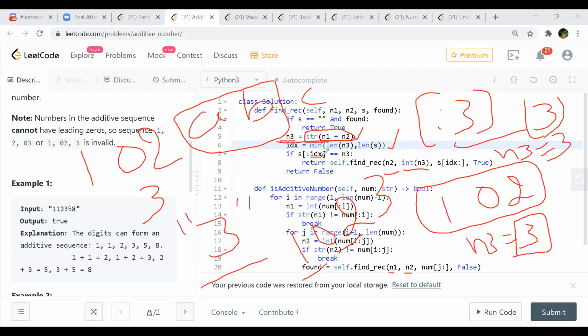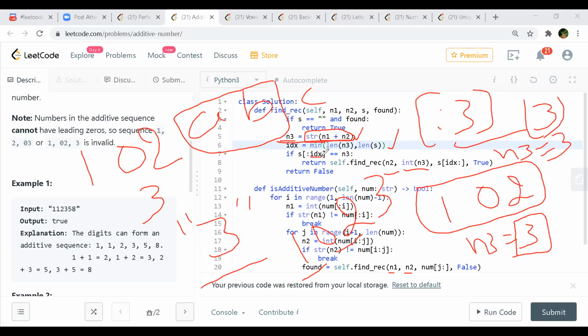So IDX would be what? 1, right? IDX will be 1, yes. So that would be this 1 0. Am I missing something? I'm just trying to think, because it's taking the minimum of that, so IDX should be 1, right?